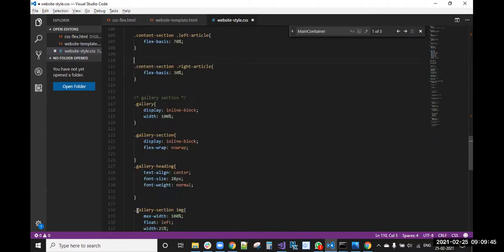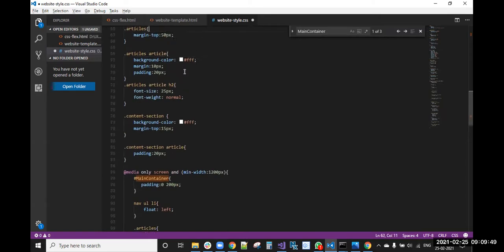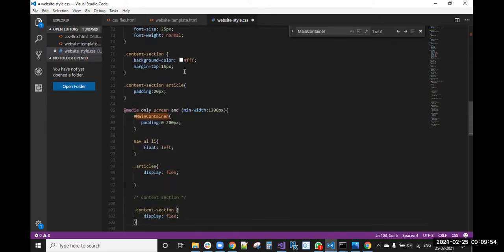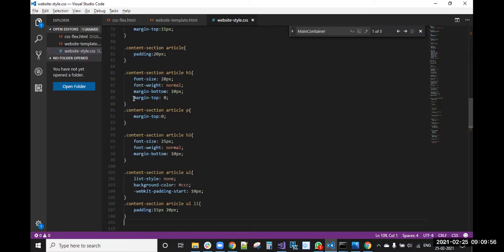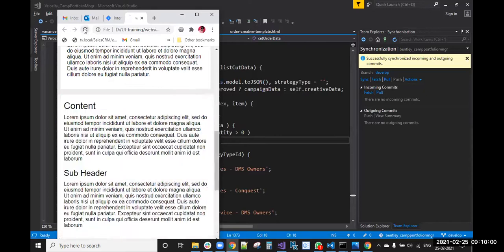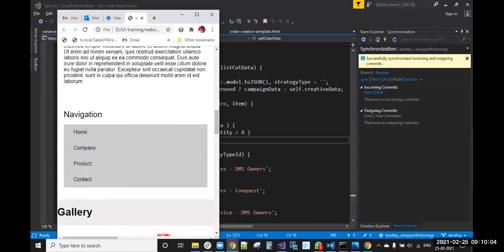So up to here, these 30% are there, right? In big devices only, I want to keep it side by side. But in small screens, I don't want to keep it side by side. Now you can see that it is also arranged properly. Contents are better. Okay.